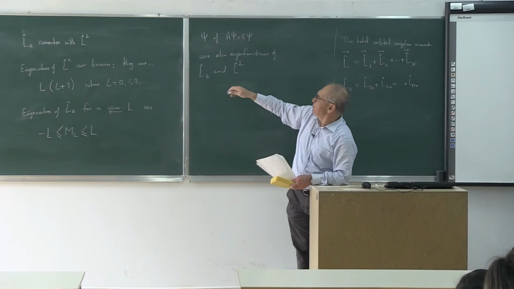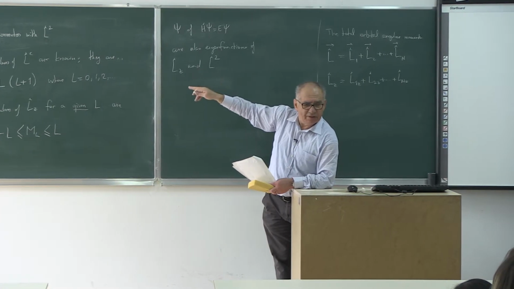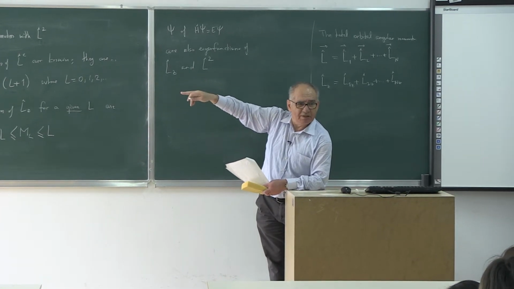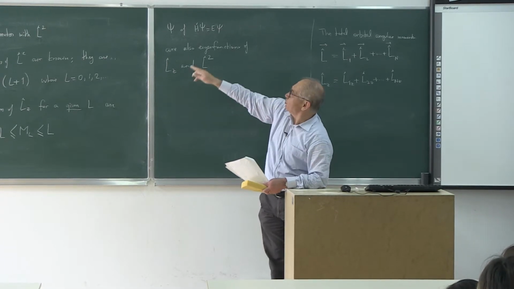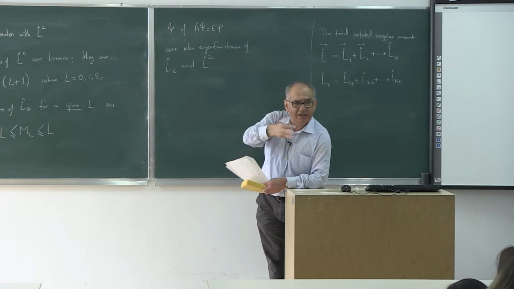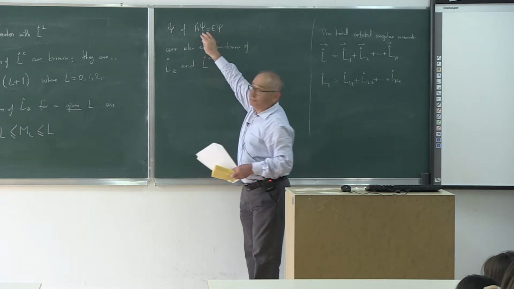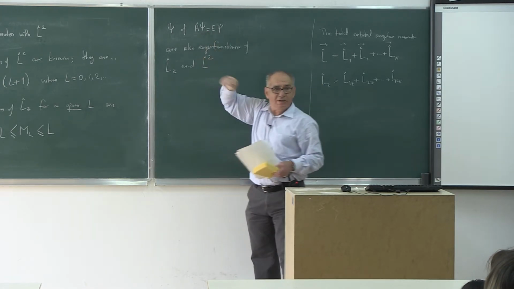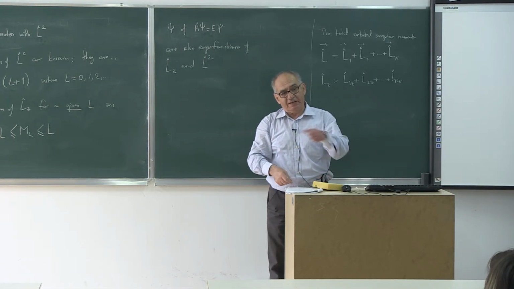Why? Because Lz and L square both commute with the Hamiltonian, the atomic Hamiltonian. Lz also commutes with L square. So we have how many? Three commuting operators. The solutions of this equation, therefore the psi functions, must also be eigenfunctions of Lz and L square,